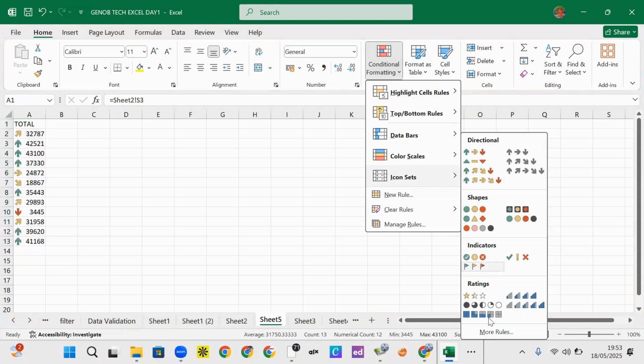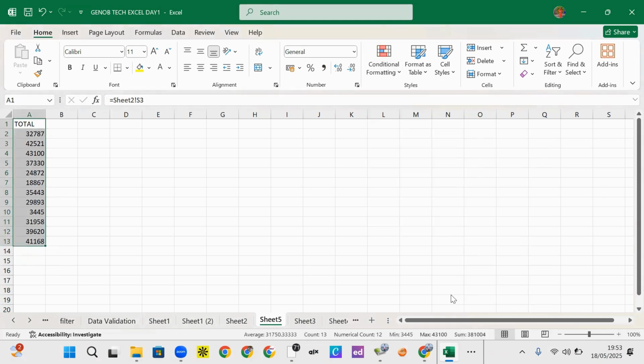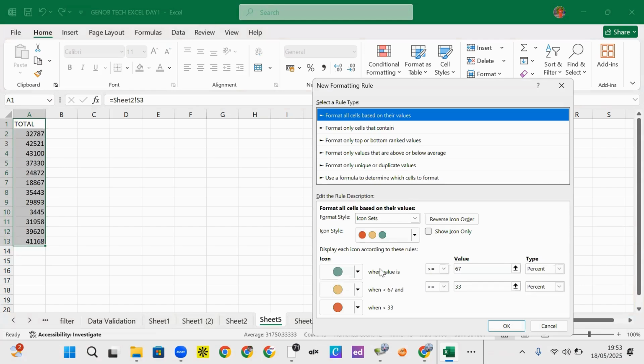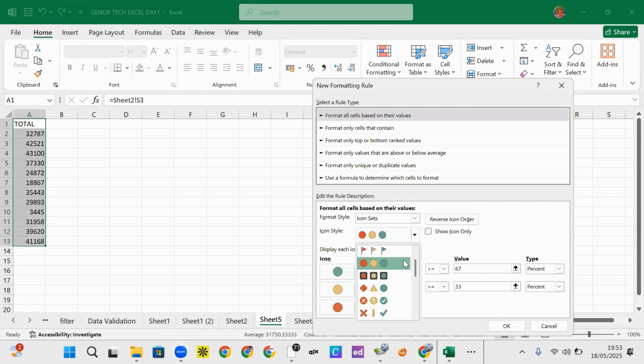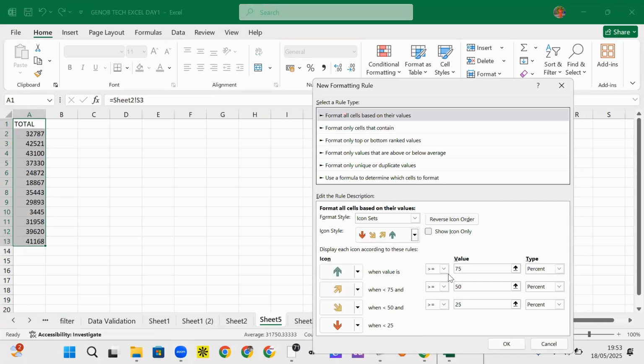Icon set, more rules, and I can choose the one I did before. I need four icon sets, four icon set like this. I give the rule again. I need numbers, numbers, and numbers here. All right, 30K,